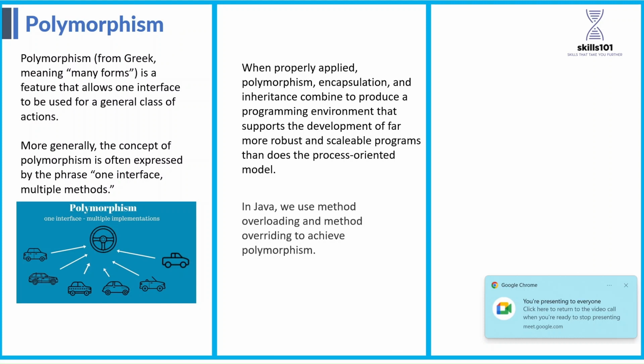So what is polymorphism? Polymorphism is a Greek word that means many forms. The same polymorphism comes as one interface, multiple methods, right? Like a steering wheel, you can find it in a truck, in a normal car, or maybe a van. So the steering wheel is a single entity, but in every scenario it shows a different form.